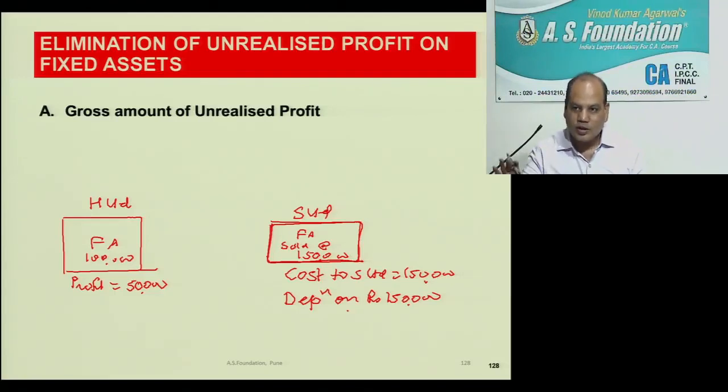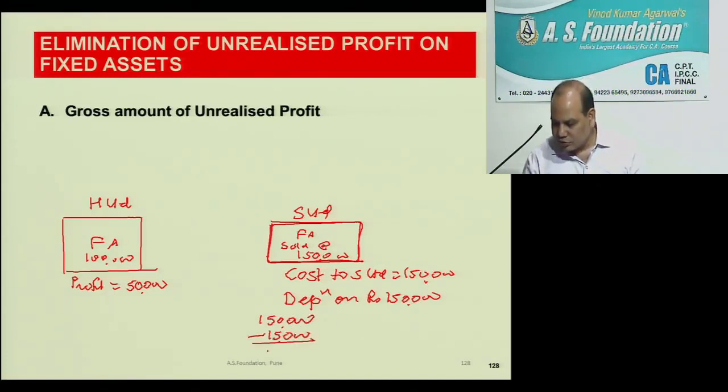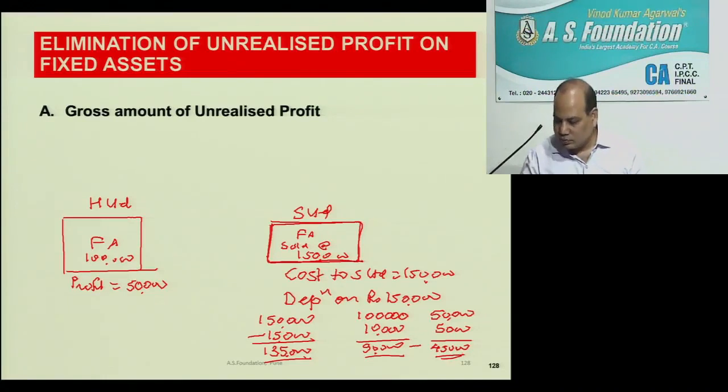Profit will also get depreciated. The profit portion will also get depreciated. For example, let us say they will write like this: 1,50,000 minus depreciation 15,000. So now the total is 1,35,000. If I divide this into two parts, it consists of cost portion and profit portion, which means they have provided depreciation on the cost portion also and the profit portion also. Am I right? This total is matching.